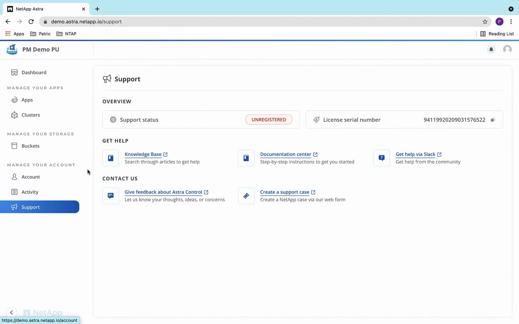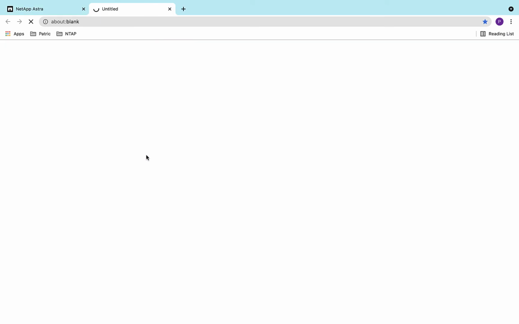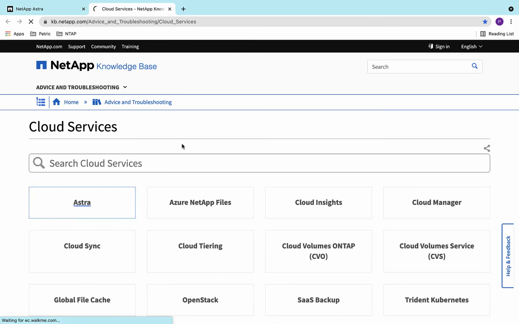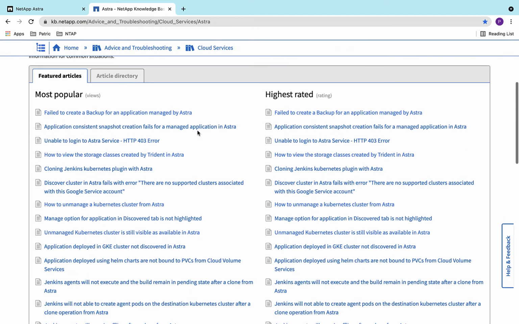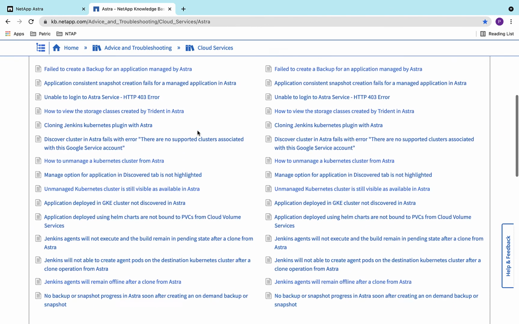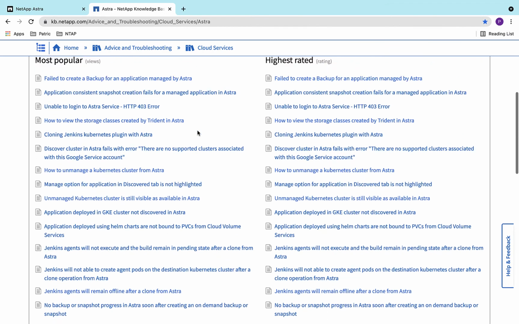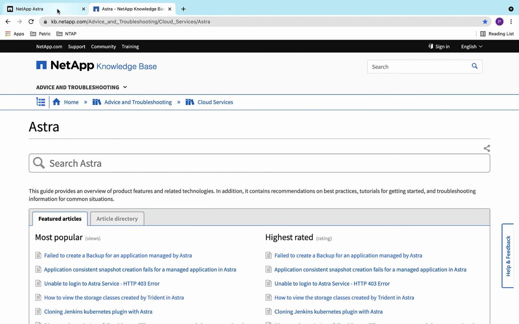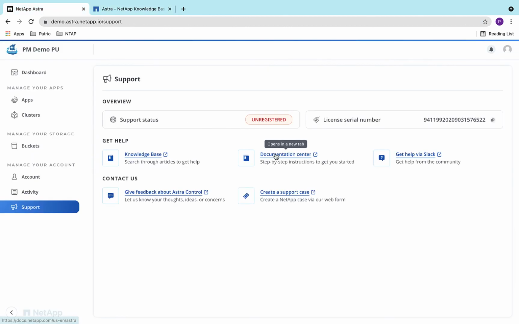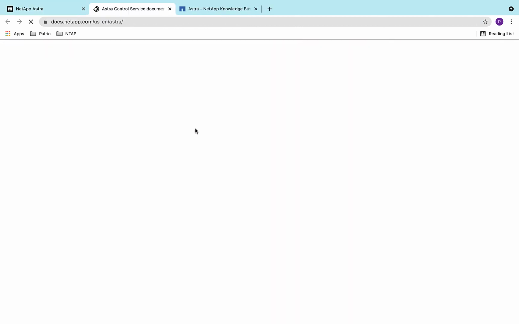From the support page, we can go to the repository of all knowledge base articles on NetApp Cloud Services, including the articles on Astra Control. The official Astra Control Service documentation can also be reached from the support page.